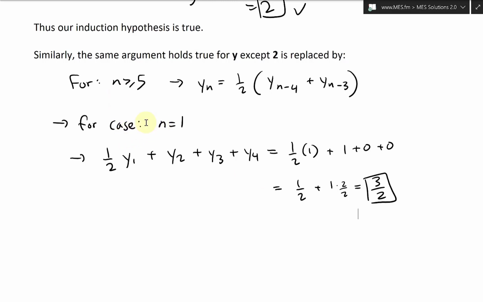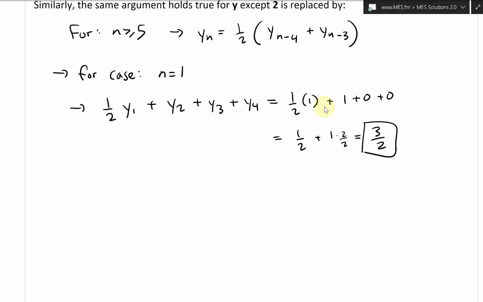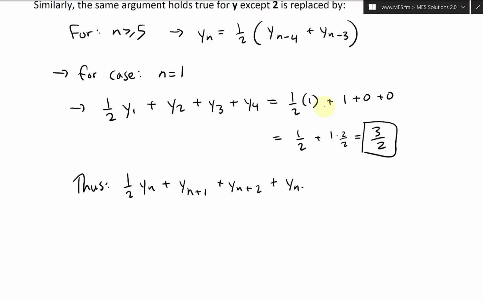So the case for n equals 1 is true, and then we could do the same thing by induction, and then it's true for all of them. Exactly the same thing. The only difference is that constant number. Instead of 2, we get 3 over 2. So put it all together: 1/2 y_n plus y_(n+1) plus y_(n+2) plus y_(n+3) equals 3 over 2. And we can bold all this, or circle this whole thing